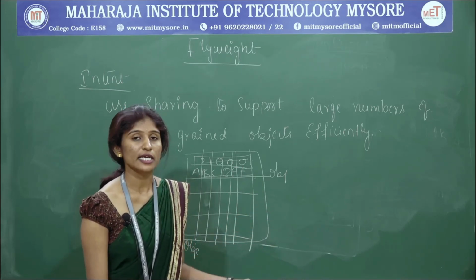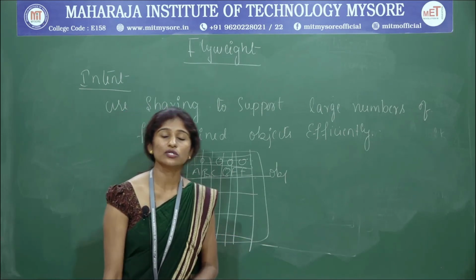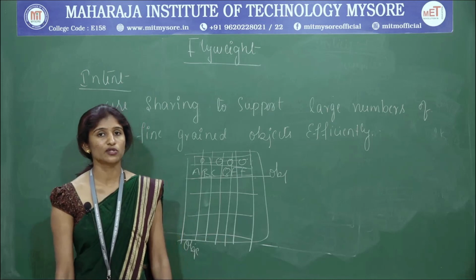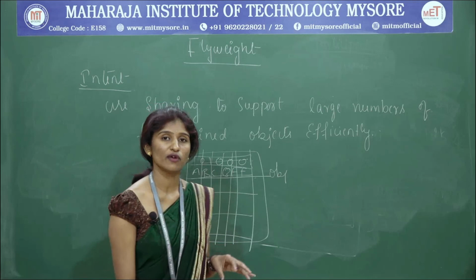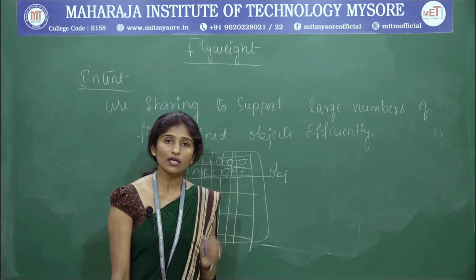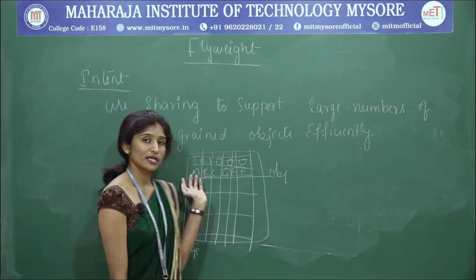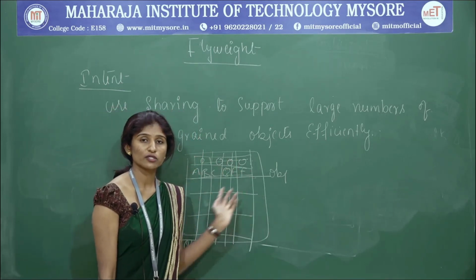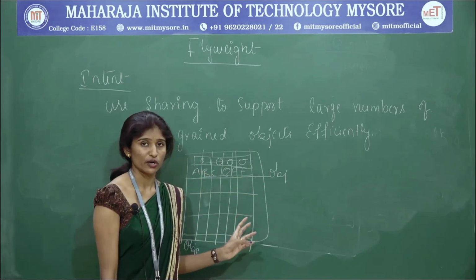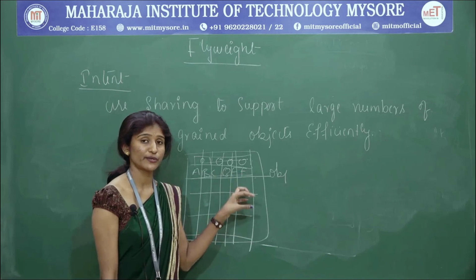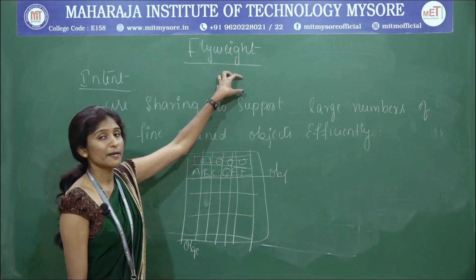To write the text, to write any diagrams, to store any elements, it's totally a document. If you want to maintain a document like this, with characters like this, usually you need to maintain a large number of objects, row-wise objects and column-wise objects. In this situation, when you need to create more objects like this, you can use this flyweight design pattern.